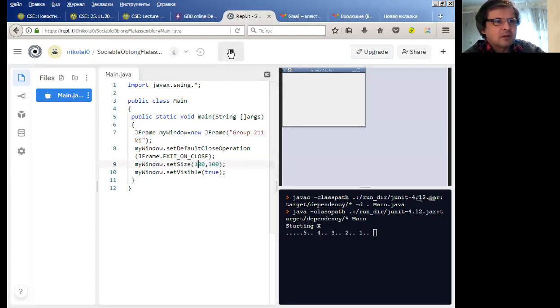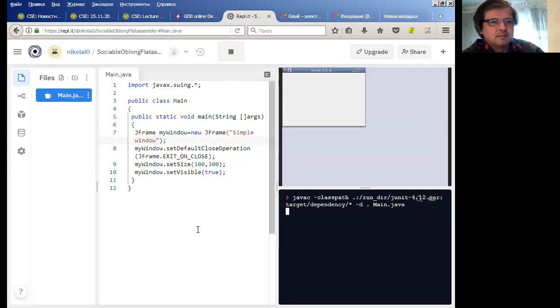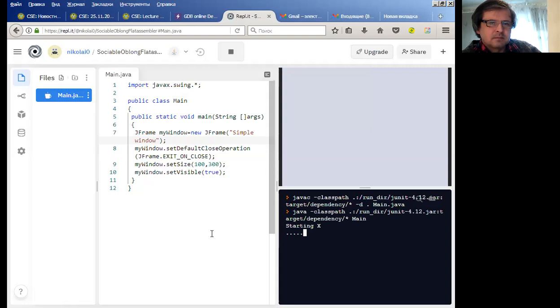Okay, so let us start. Maybe the name should be simple window. Let's rename it to simple window again. Here is the group 211K, so now it will be simple window. Okay, and press run again. Compiler, javac, and execute. Okay, so now you see the simple window, and the size is 1